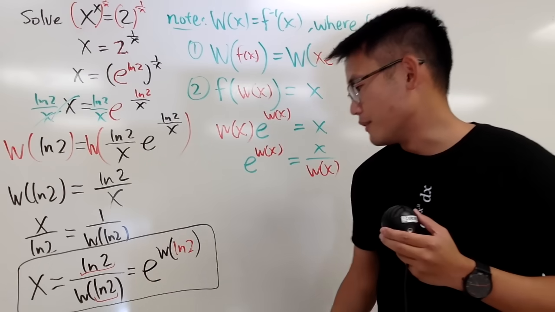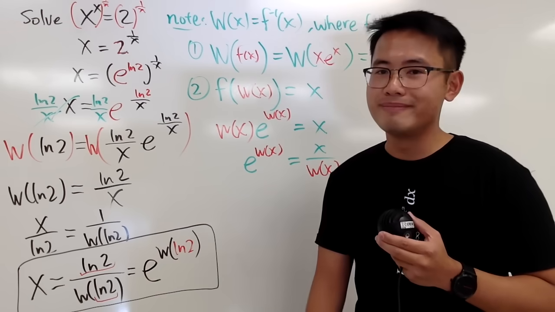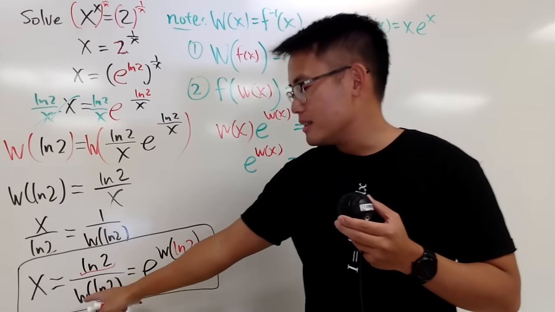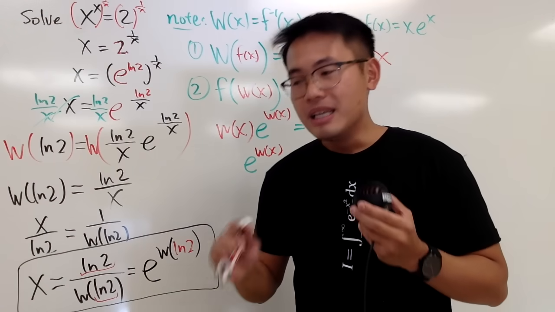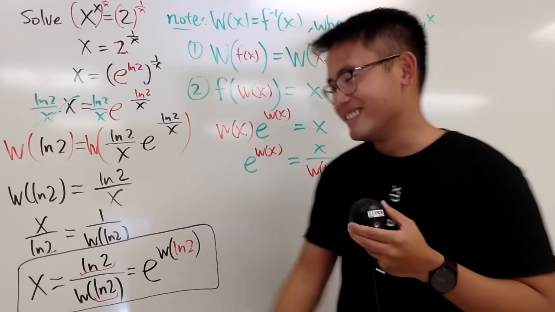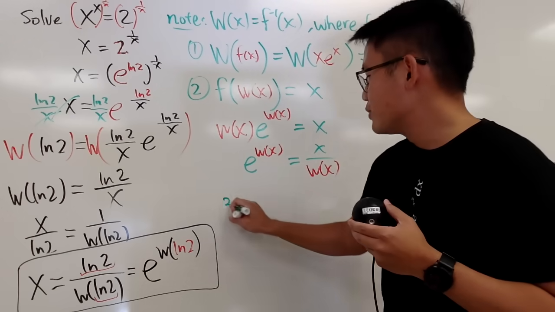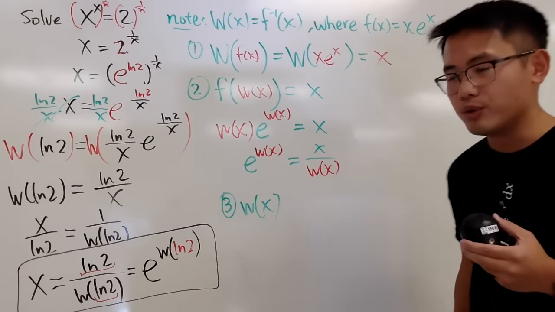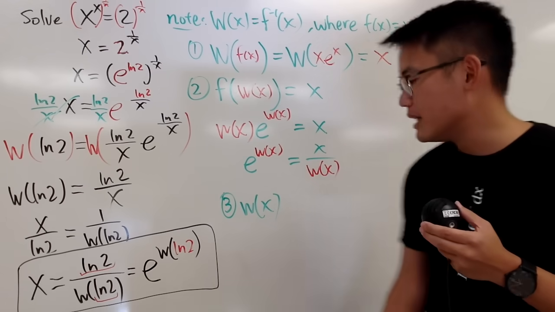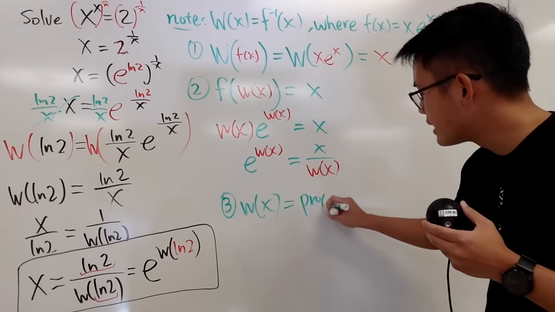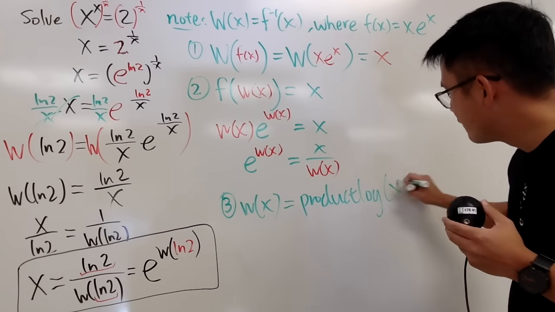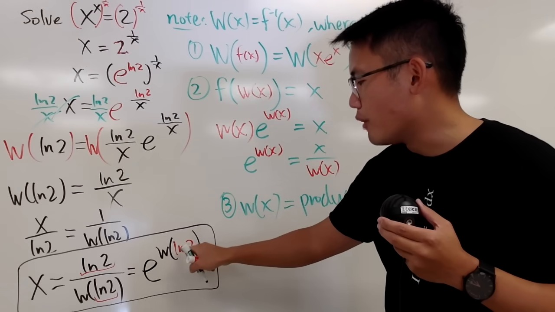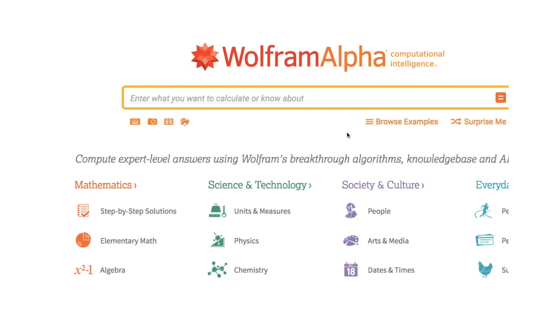But of course, the final question should be, how big is this though? Just like how big is ln2? We can use a calculator for it, but unfortunately, the w function is too advanced. It's okay, because nowadays we have something called the computers. Anyway, number 3 right here. If today you end up with w or whatever, this is what you can do on Wolfram Alpha or Mathematica. You can enter this as product log of x, like that. So, for example, when you have e to the w of ln2, you can enter this as